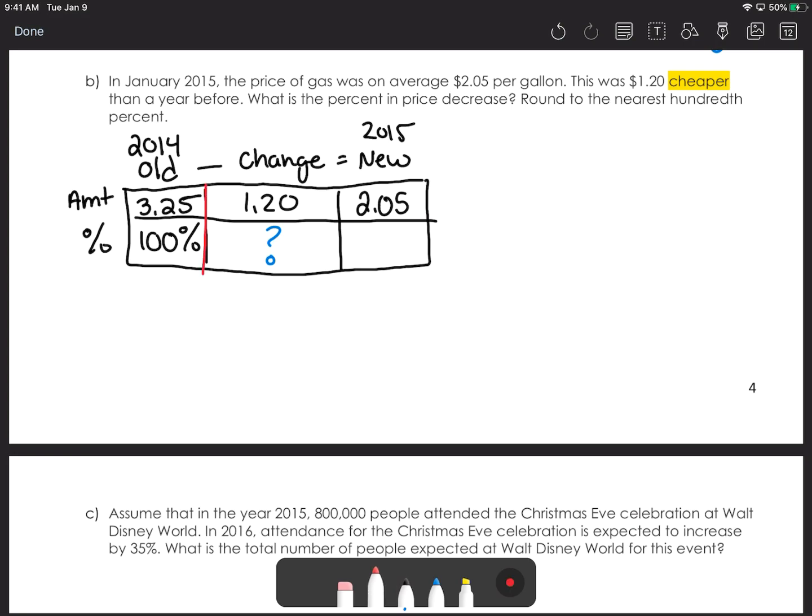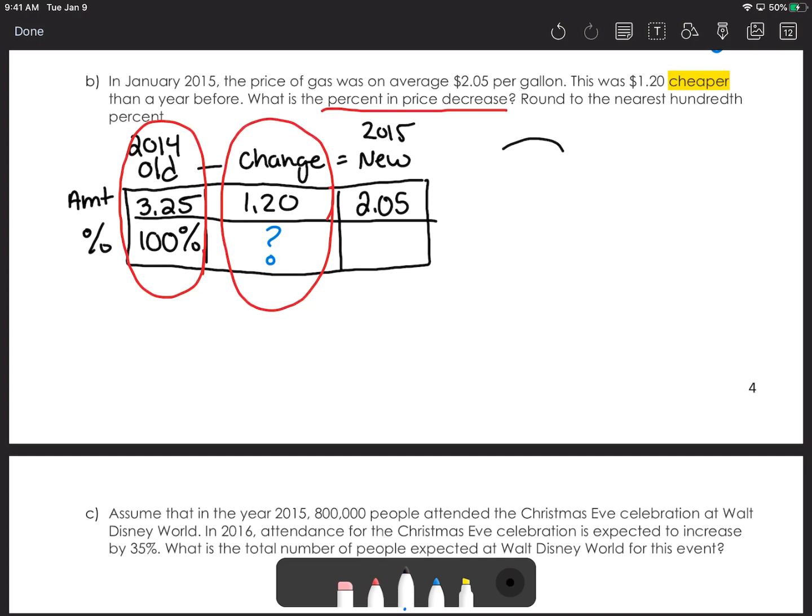We're always going to use the column that represents the base, and then depending on what it is that we're looking for, we'll use either the change or the new column. Since we're looking for the percent change or the percent decrease, we're going to be using this as our additional column. So in the circle,